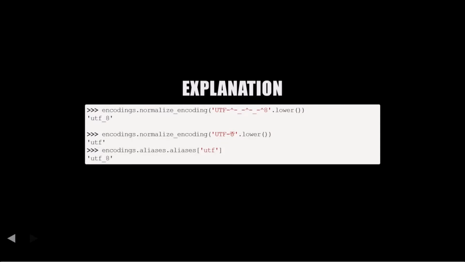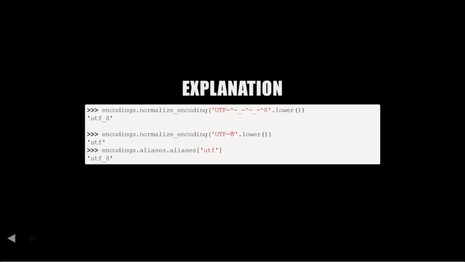Encodings go through a multi-phase normalization. The first phase is implemented in C in a function called normalizeString. It essentially lowercases the encoding and replaces spaces with dashes. I'm simulating normalizeString here with the lower function. The second phase, encodings.normalizeEncoding, essentially replaces a sequence of non-word characters with an underscore. Or if they're at the end, the underscore is dropped. And then the final phase is alias resolution. There's a mapping of known aliases in the